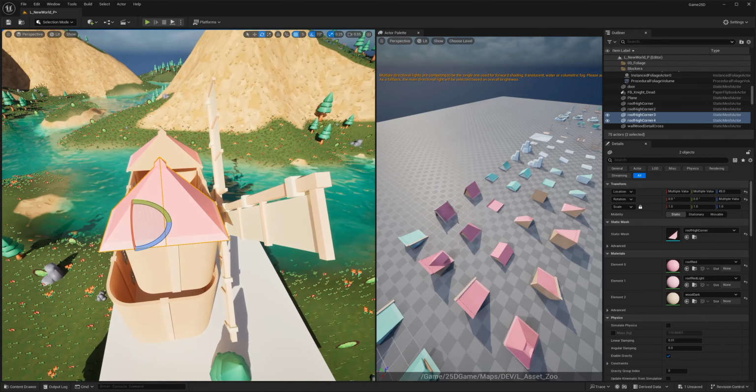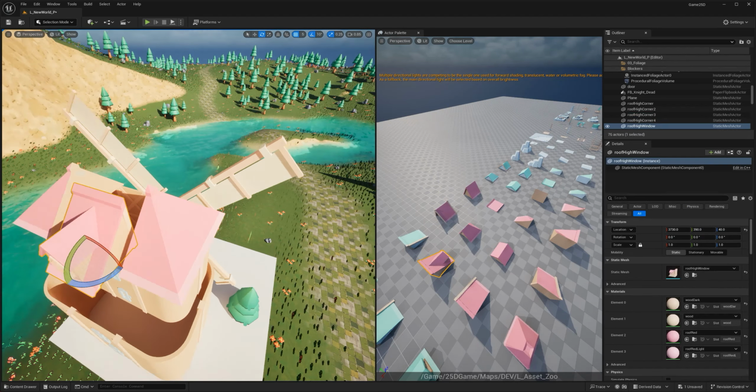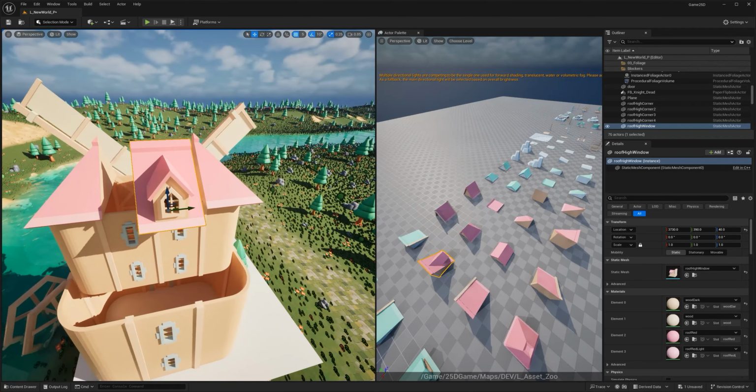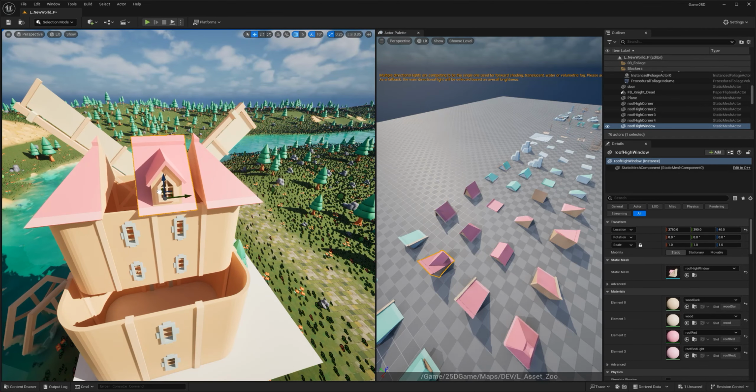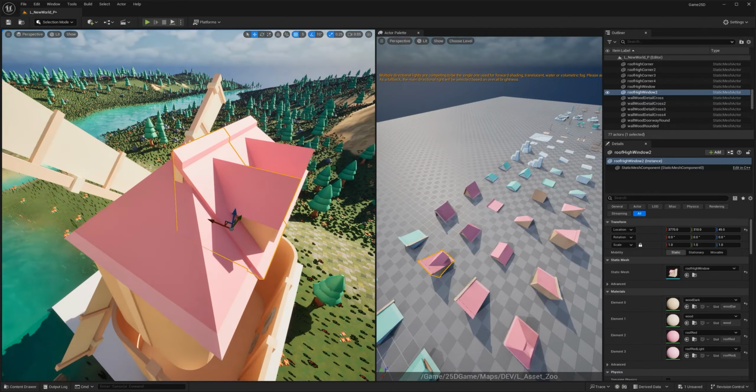And I'm just randomly creating stuff. Here's another piece that I can use as like a window. Hmm.